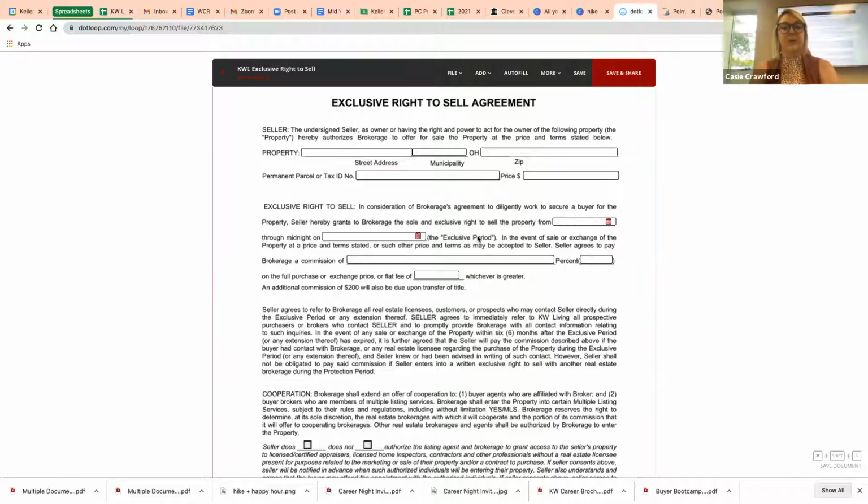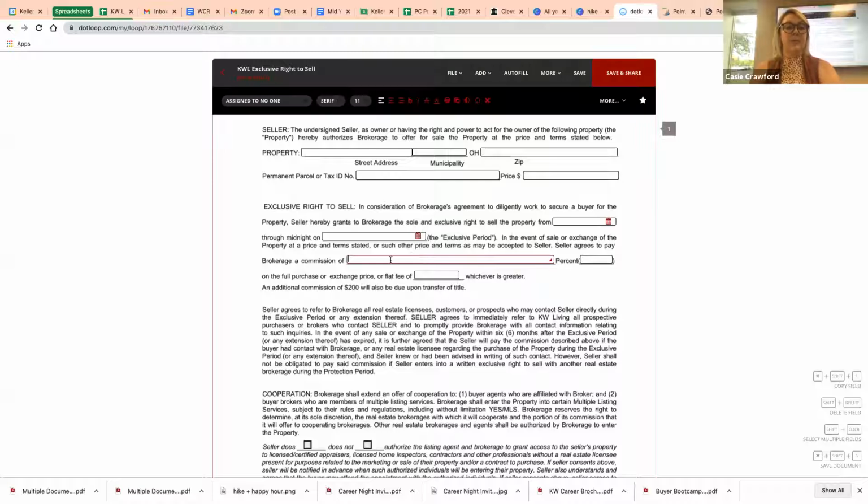So that's the exclusive period. This basically means that you are the only agent that they're going to be selling their house with during this time frame. They cannot list their property with any other agent during that time. In the event of sale or exchange of the property at a price and terms stated or such other price and terms as may be accepted, seller agrees to pay brokerage a commission of, here you would write,